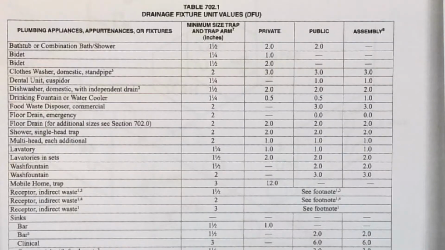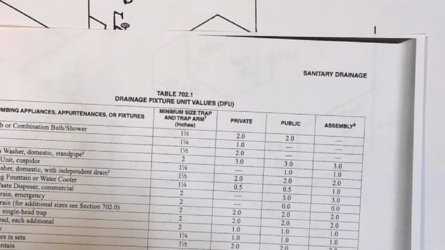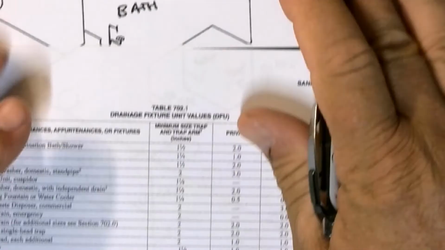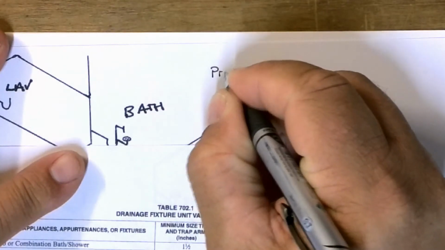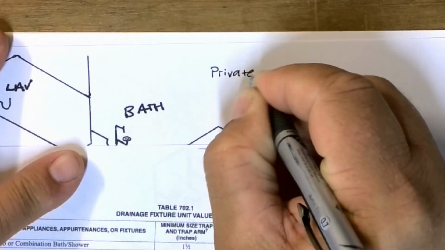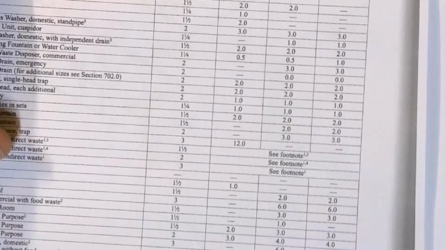And we'll go ahead and take a look at the water closets first. Now this is a private use, okay? So we can even put up here private use on our drawing here. So we can write private use. Okay, so we're all on the same page. And we're going to use private use. You have